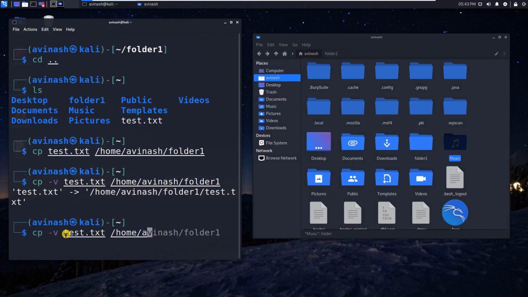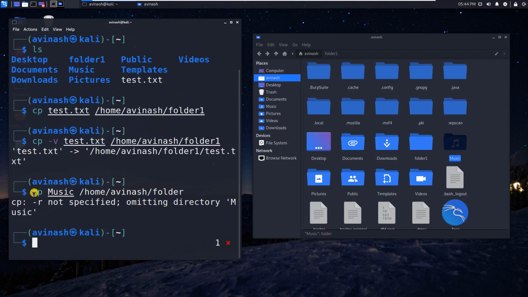It's pretty much the same command, but what you will have to do is use a switch which is -r. R is for recursive. Recursive is needed when you want to copy a folder, because if I directly try to copy this folder to /home/Avinash/folder 1,